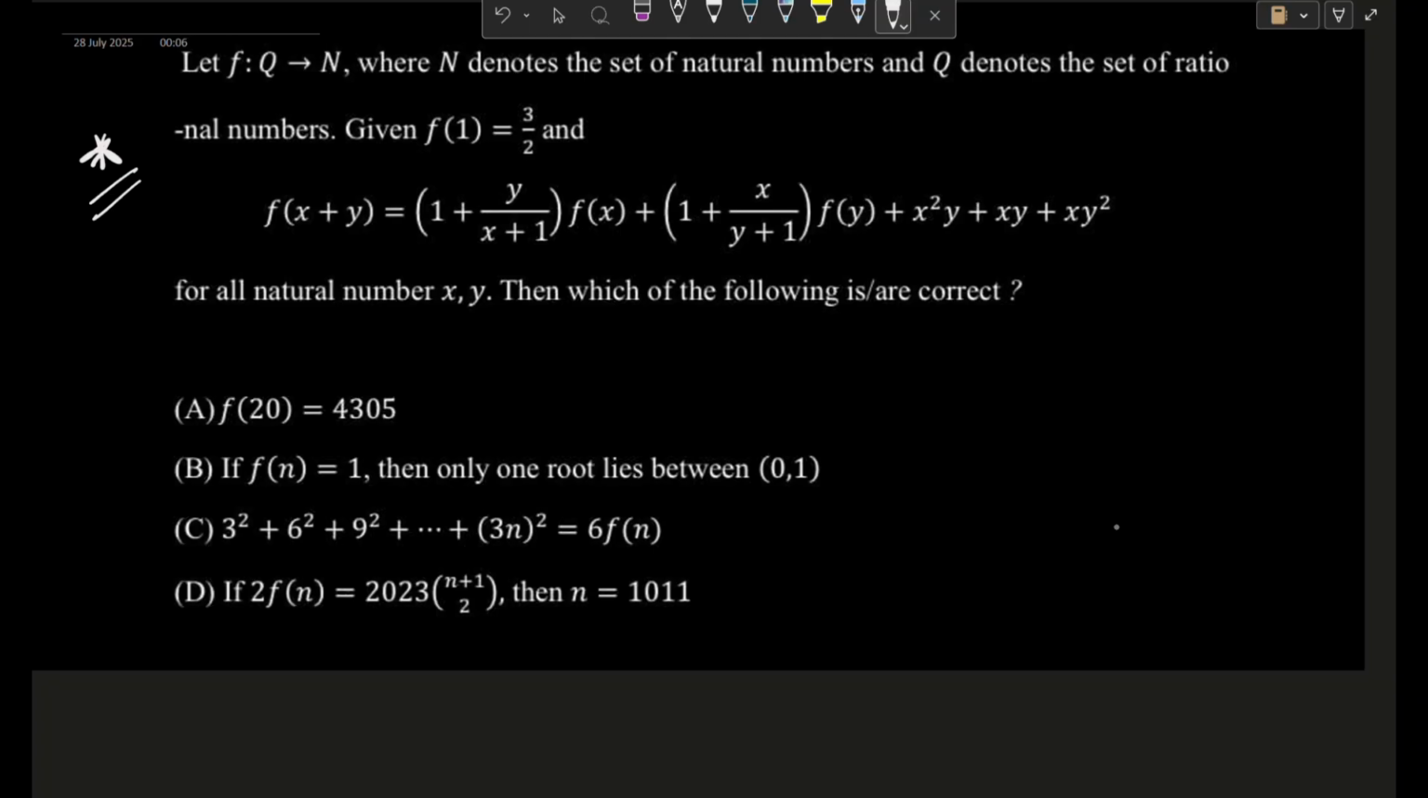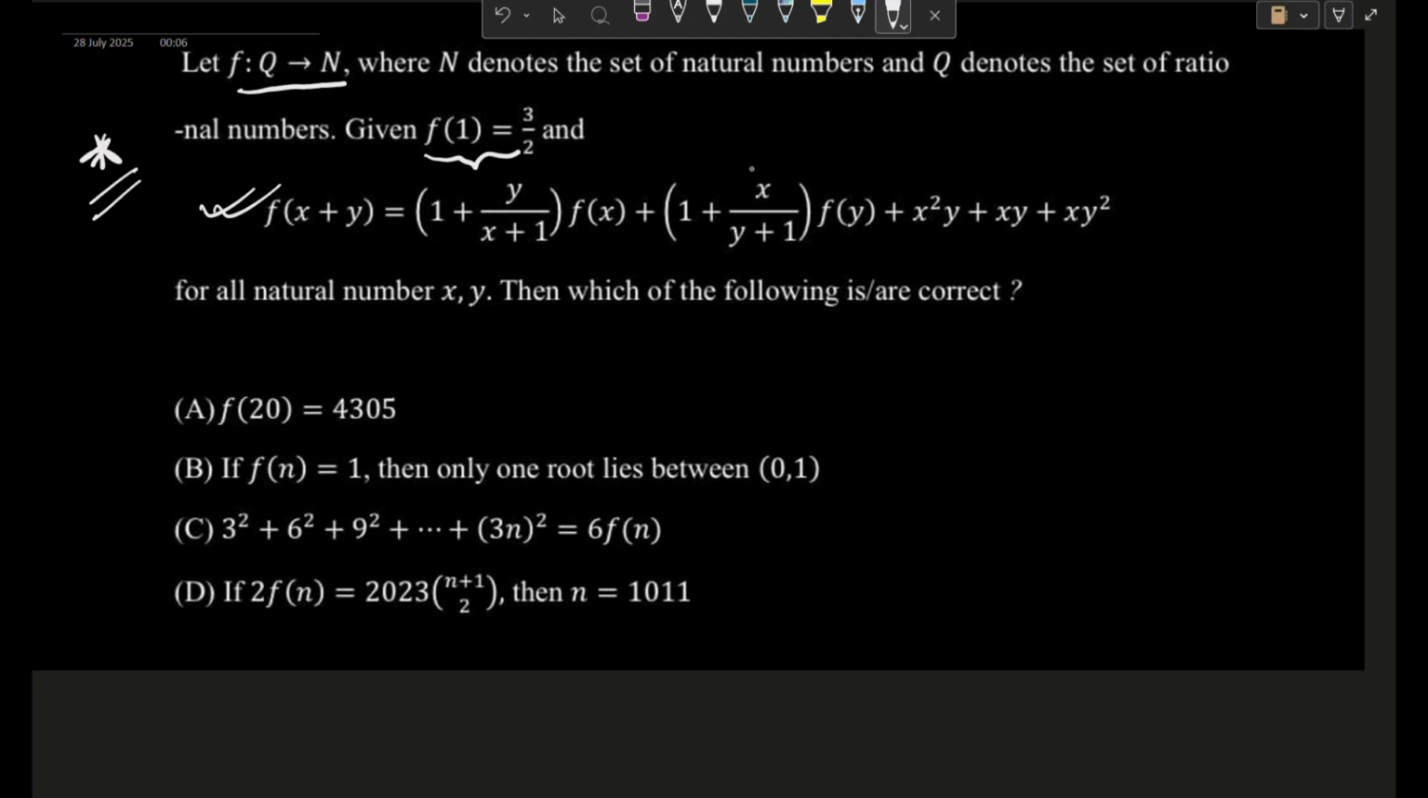Okay guys, now it's time for us to solve this. I don't have any space here, but before proceeding, we will just take an overview. So basically f is a mapping from Q to N, that is from rational numbers to natural numbers. f of 1 is given as 3 by 2. We have this huge functional equation, and after that there are some things that we have to evaluate. So basically, as much as I can understand, we have to find out f of n. So finding out f of n from this, like guys, one thing,